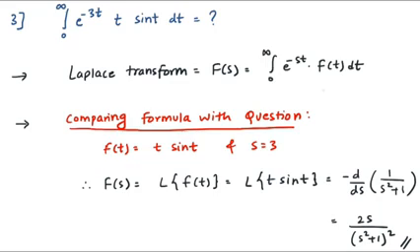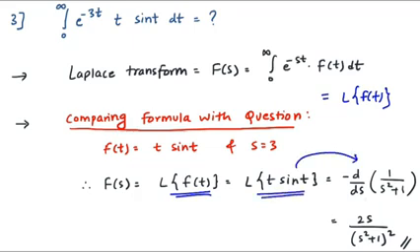The answer is simple. Capital F of s is integral 0 to infinity e raised to minus st f of t dt, which is equal to Laplace of f of t, and you know the standard result, right? So find Laplace of f of t, which is Laplace of t sine t, and you have to use the differentiation property again. So sine t Laplace is 1 upon s square plus 1, because t raised to n is multiplied to a time domain function. Then you have to go for the differentiation property and you will get this as your answer.